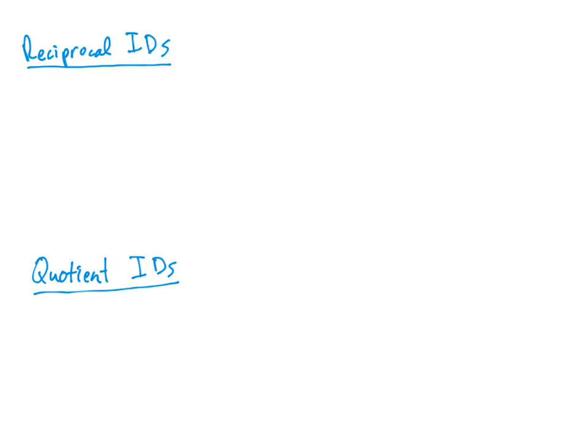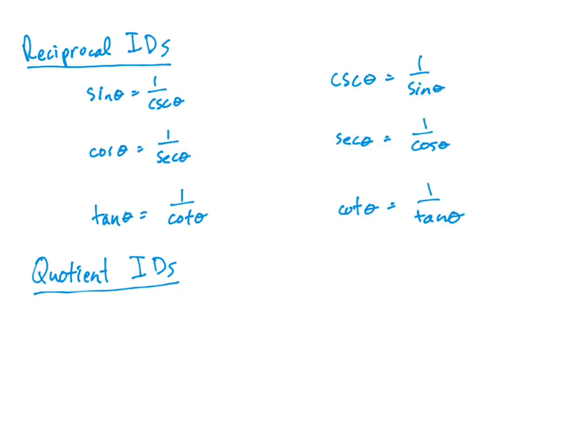So there are two more sets of elementary trig identities that we've seen already. We have reciprocal identities and quotient identities. So here are the 6 reciprocal identities, and I think we've seen all of these already before. Let's just give an example of why this works. So let's pick an angle. Let's say theta is